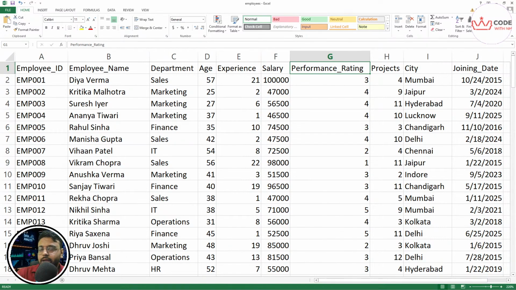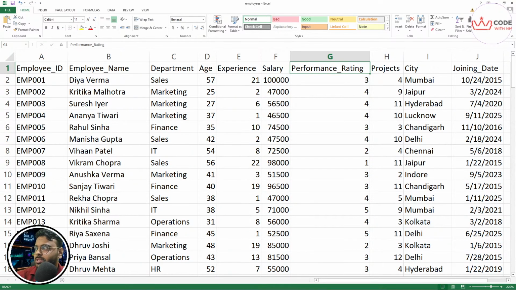If you are a data analyst working at a company, this type of Excel file is what you will get. And mind it, we don't open the Excel. I'm just opening the Excel for your case and showing it. We need to do everything with the help of Python only.